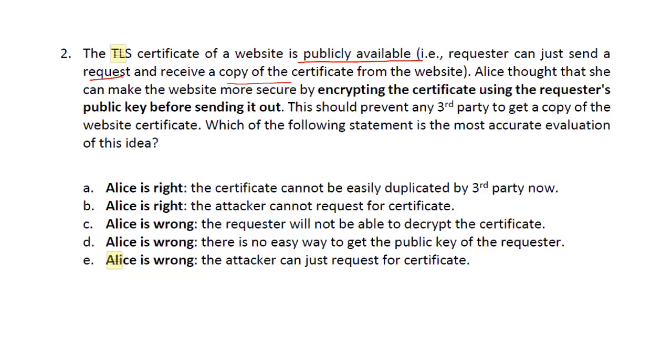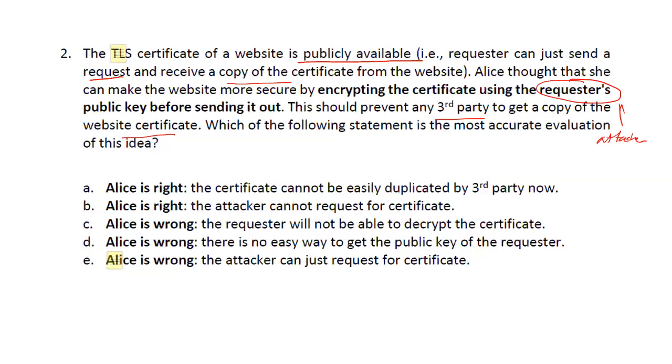Right, and for this question, you can see that firstly, if the certificate is publicly available, that means anybody can request, anybody can get. So the requester could also be the attacker, correct? Because if I want to attack, I can pretend to be a normal person and request the certificate. So even if you encrypt it, I will still be able to decrypt it with my own private key later on.